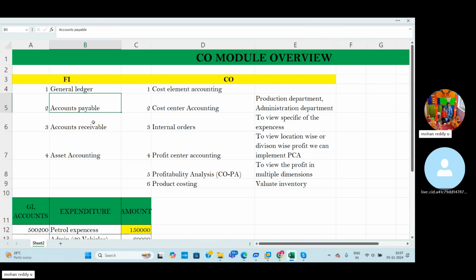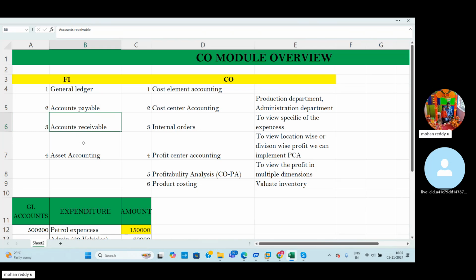At the same time, accounts receivable is nothing but the customer point of view. For example, our company will sell goods and services to an outside person. So that person will be treated as a customer. As per normal terminology, accounts receivable comes under sundry debtors. So all the accounts receivable comes under current liabilities. And all the accounts payable are treated as sundry creditors. So then